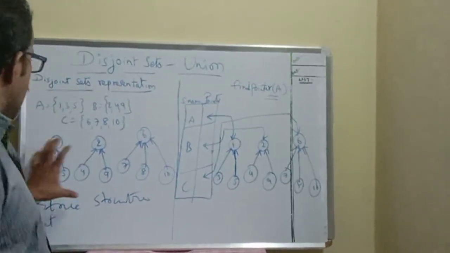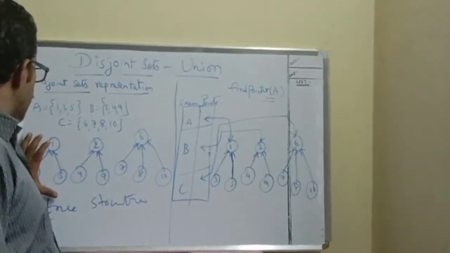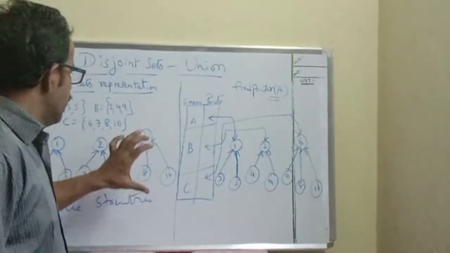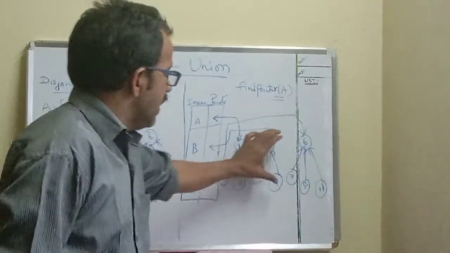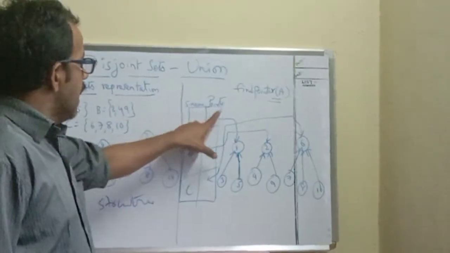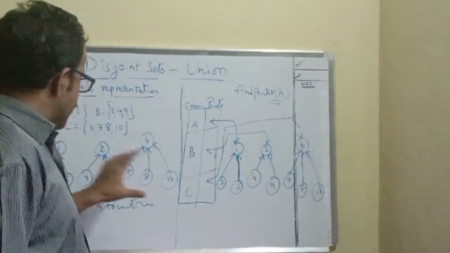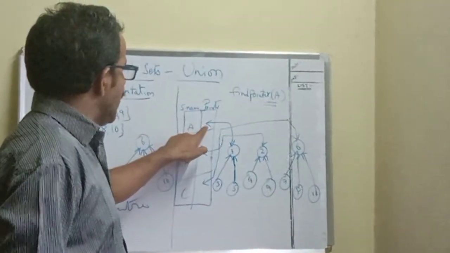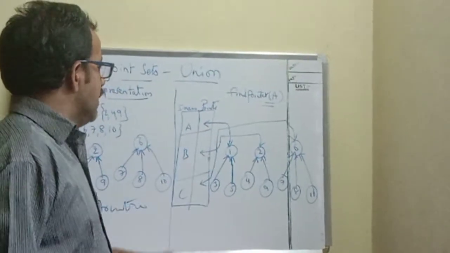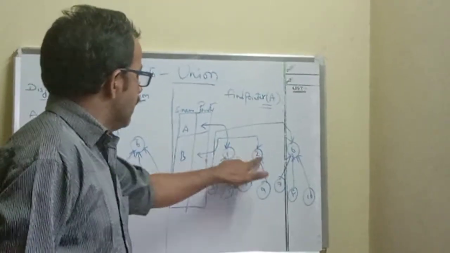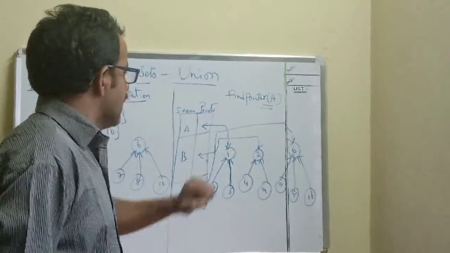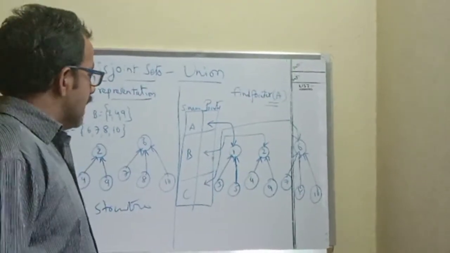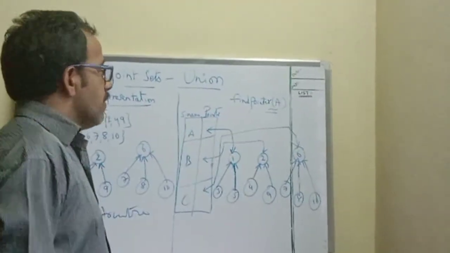Suppose here there are three sets. One set's root node is 1, the second set's root node is 2, and the third set's root node is 6. Now take those three tree structure formats here. Under set name write A, B, C, because three sets are there. But under pointer we are supposed to connect this particular pointer field with the root node. For B, this pointer field will be filled with the address of 2, and the C pointer field is filled with the address of 6. Like this we can connect the set names and root nodes of the trees.